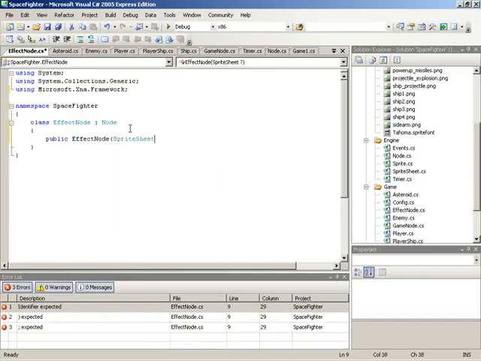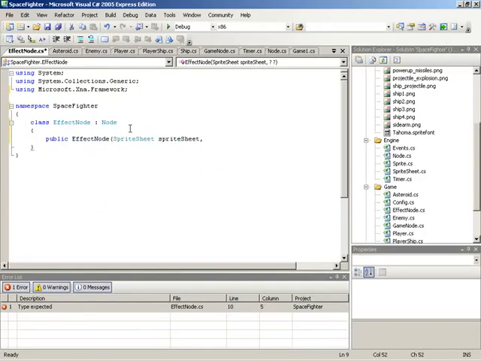So we're looking to take in a sprite sheet, once again, just to satisfy the call to the base constructor. But to streamline the creation of an effect node, we're actually going to take in a vector2 for position. That way we'll simply require that the effect node be positioned upon creation, because throughout Spacefighter, effect nodes are always going to be spawned at the node that just exploded. So if we didn't take in a position immediately, we would always need to turn around and set one immediately. So this simply streamlines the creation of the effect node. So we'll take in position as a vector2,